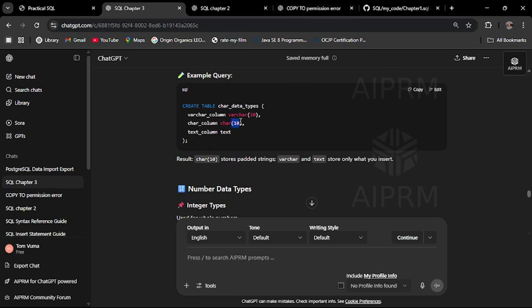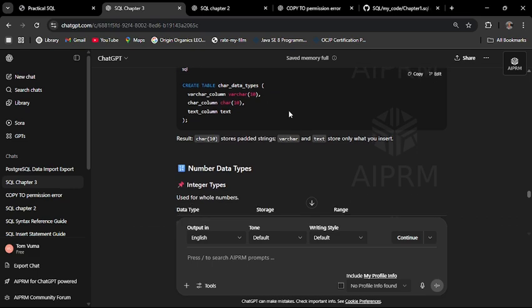Then char is saying that the data you place has to have exactly 10 characters, not more and not less. And then text is just saying that in that column you can basically have unlimited characters. So that will be used for things like descriptions, biographies, paragraphs, and stuff like that will be stored